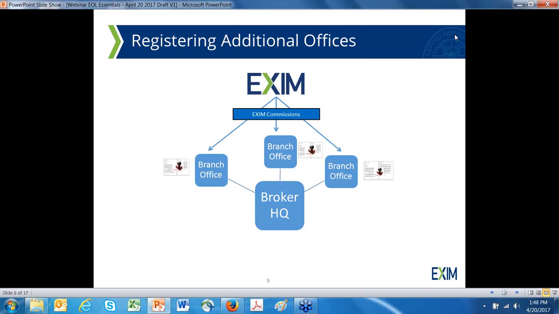Also, one thing to keep in mind is that some brokerages do have a presence in multiple locations, and in some cases, that brokerage firm may want Ex-Im's commissions to be paid directly and independently to each separate office, and we can do that, but in order for that to happen, each branch office needs to register separately in its own name and get its own broker registration number. So the process that we just described in the previous two slides would apply to each of those offices. Otherwise, the firm only needs to register once, and commissions will be paid pursuant to the direct deposit instructions that we received at the time that the broker was registered.